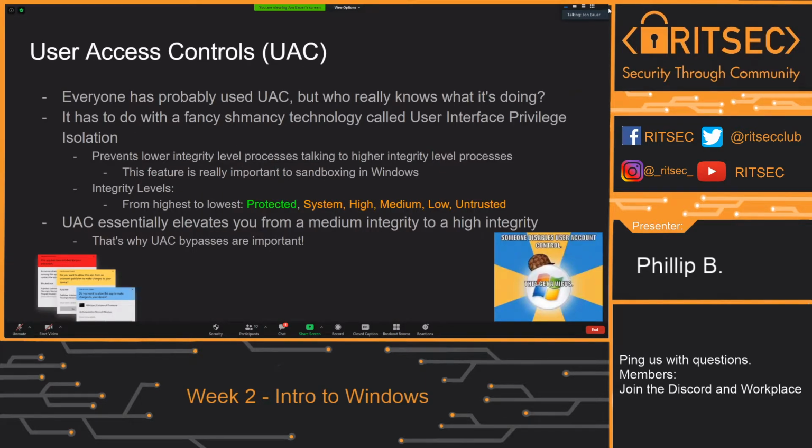All right, User Account Control. This is one of the big security things that Windows does. And we're going to start with, what is access control? It prevents people with lower privilege from accessing higher privilege. And how does it do that? Well, it makes that little pop-up on your screen, and you have to click yes. There are some bypasses out there, but if you don't click yes on that box with proper credentials, you can't do it.